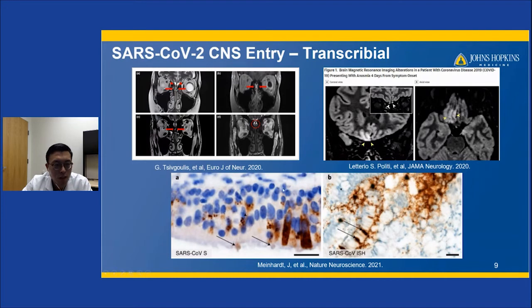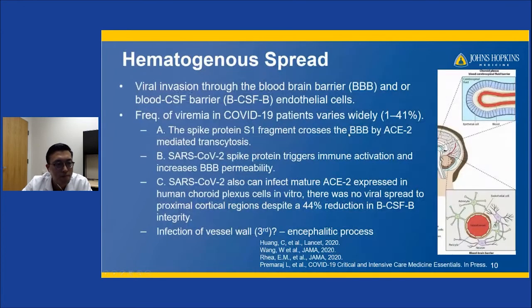So really showing that nasal cavity really shows the pickup of SARS-CoV-2 when you stain this with immunochemistry or ISH technology, as well as MRI findings. Let's talk about bloodstream infection or viremia spread. So another popular theory is viral invasion through the BBB and also blood CSF barrier through the endothelial